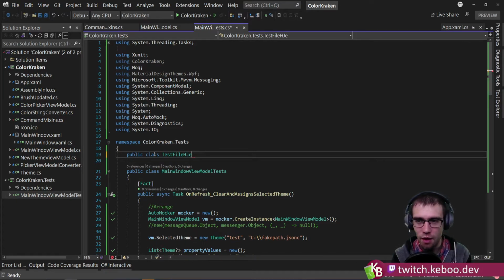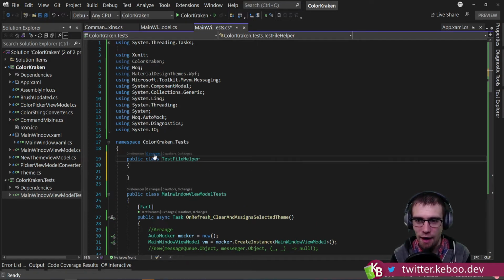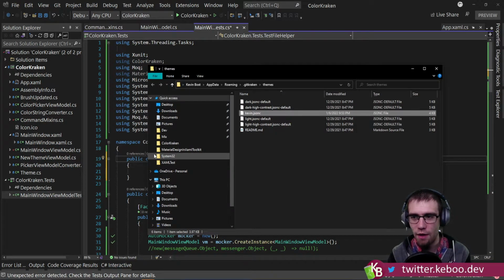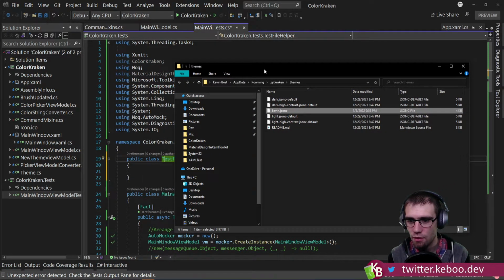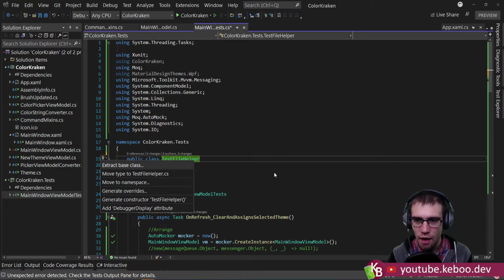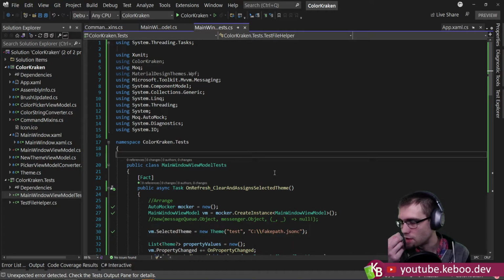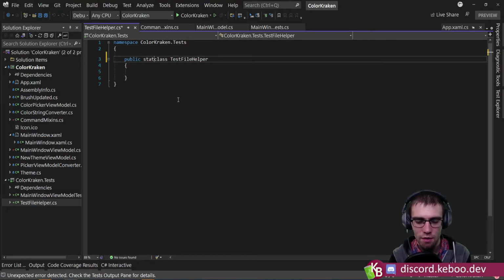Test file helper. So sometimes people get weirded out about, oh, you spent all this time writing code that only... Why do you keep opening this folder? I don't know why that folder keeps opening. I'm going to leave that thing over on the side and figure it out. Okay, so we're going to write a little thing here,